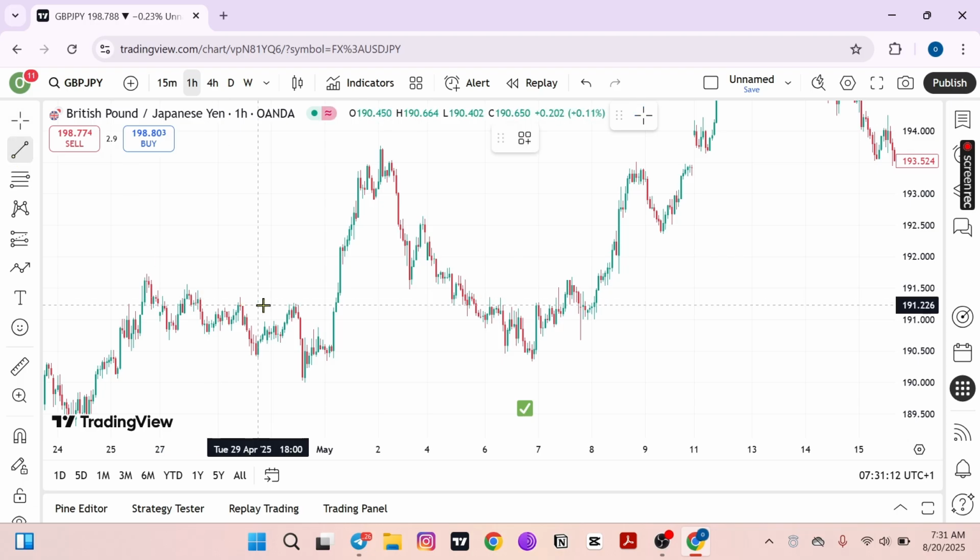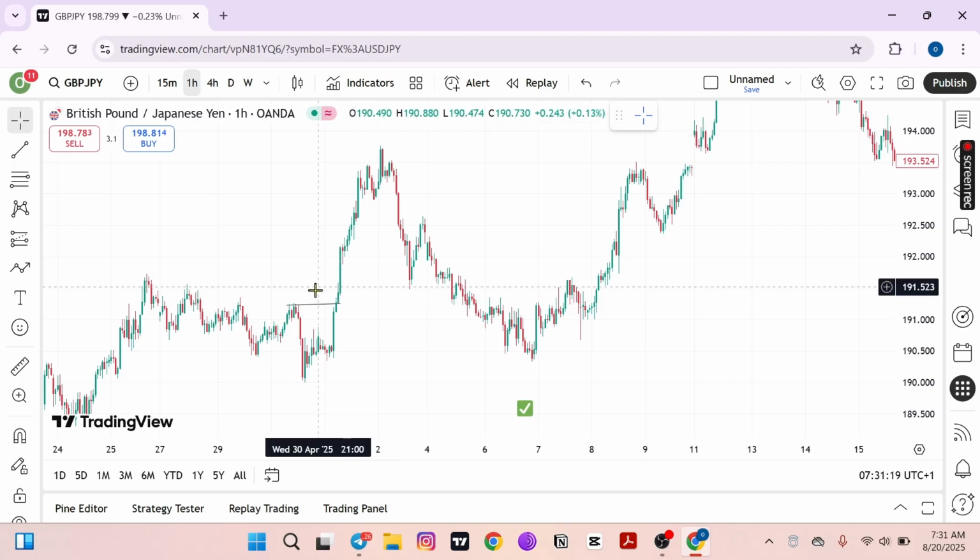As you can see, I told you that the market structure has to break first. Now as you can see in this particular area, market structure has already broken. Market structure broke in this particular area. Now what do